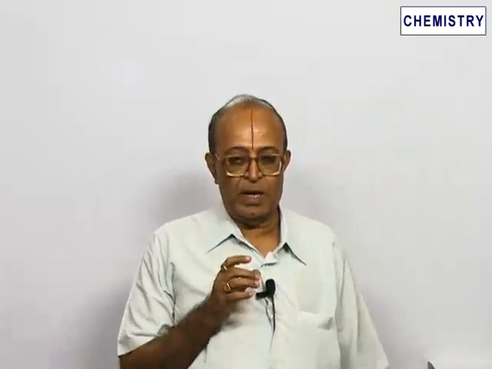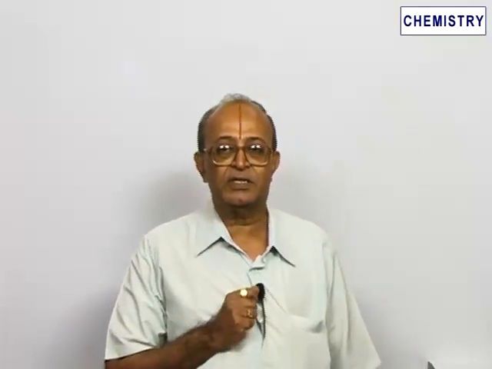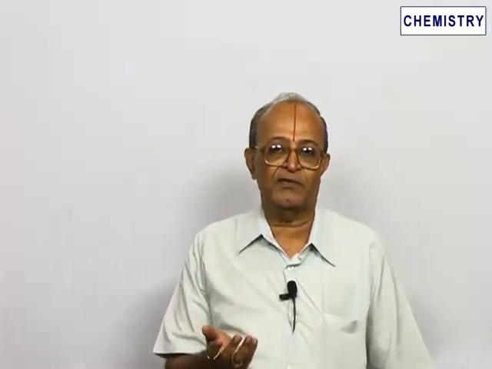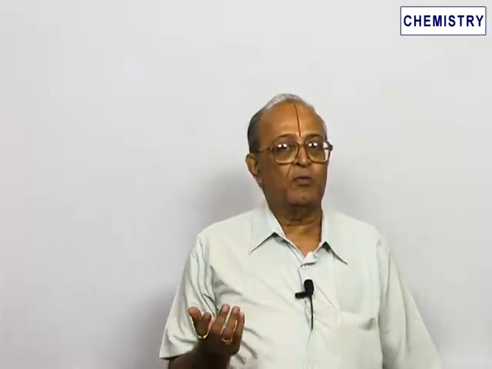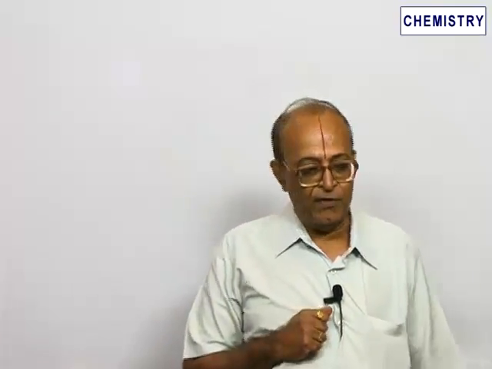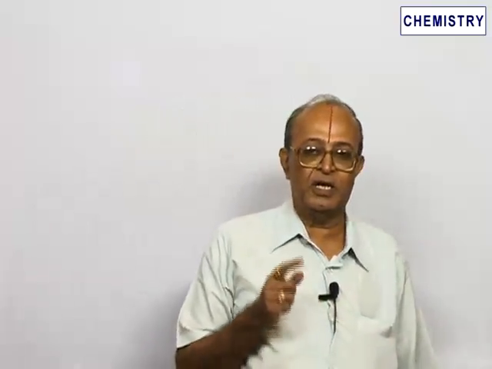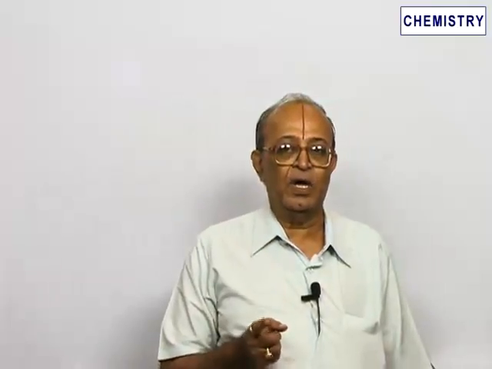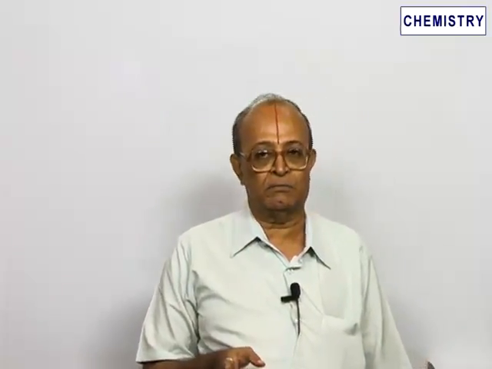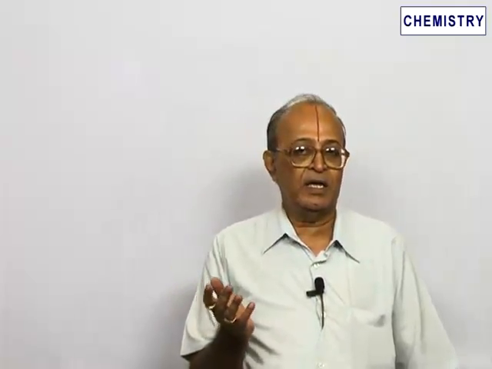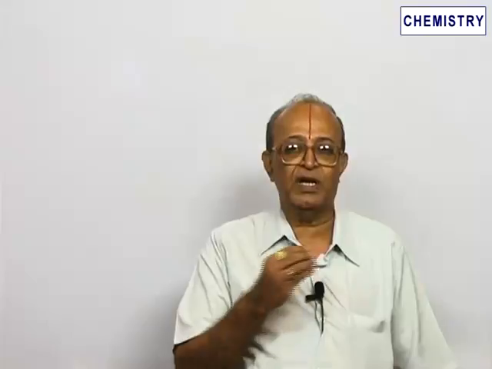Now already we have seen whenever an element approaches the middle of the series, it will prefer the just half filled configuration, which is said to be more stable. Therefore, in the case of chromium, we have the configuration 3d5 4s1. Please remember, already we have seen the energy difference between d and s electrons will be very, very small,